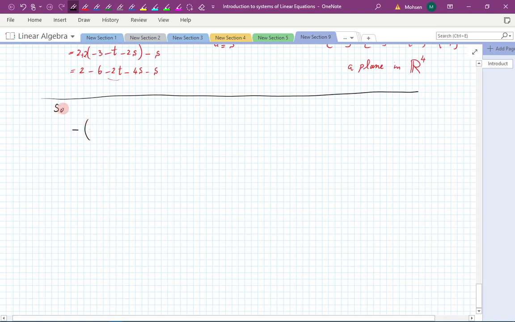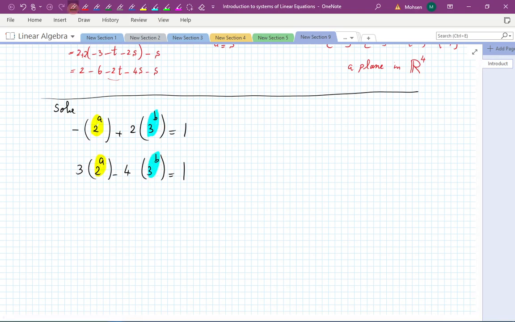Solve the following: minus 2 to the power of a plus 2 times 3 to the power of b is equal to 1, and 3 times 2 to the power of a minus 4 times 3 to the power of b is equal to 1. The intention of this problem is to say that if you forget for a moment that there are some nonlinear things here, if you hide this one in some box, and this one in some box, then you can think about this as a linear equation. Meaning, if you do a substitution,